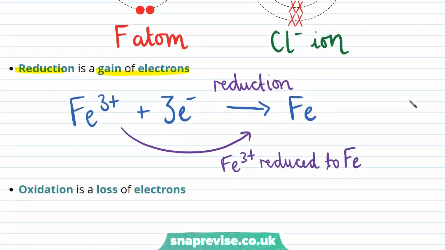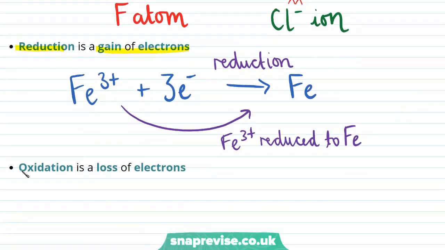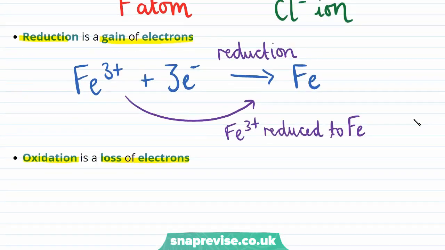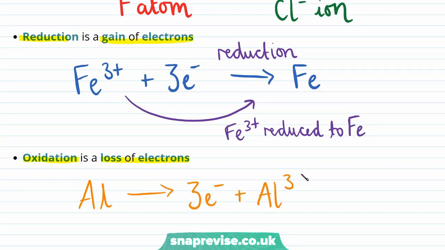On the other hand, if a substance loses electrons, we say it has undergone oxidation. For example, an atom of aluminium, which has an overall neutral charge, may lose 3 electrons in order to form an Al3+ cation. As chemical reactions always include plus signs to show addition and never negative signs to show subtraction,